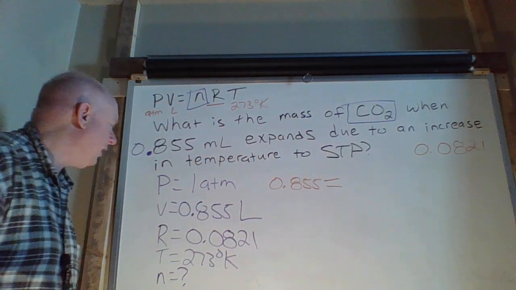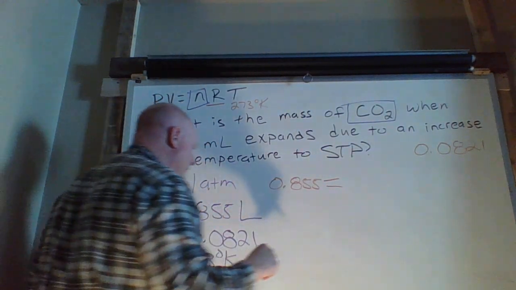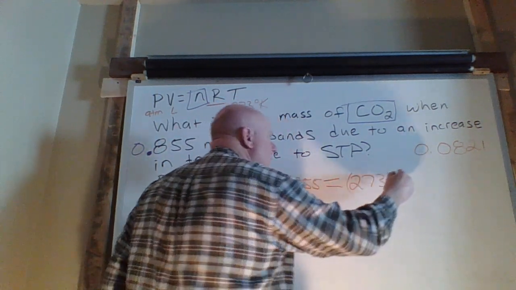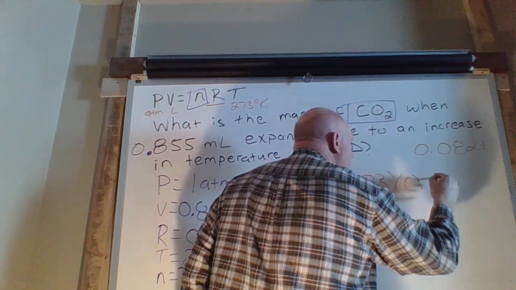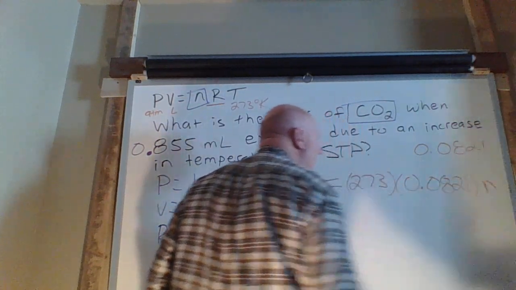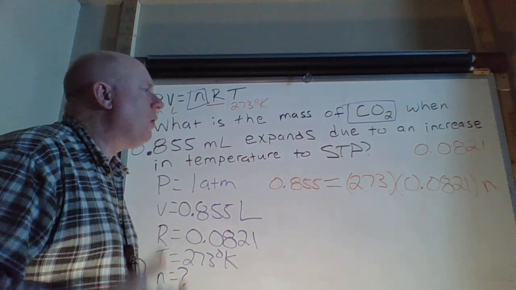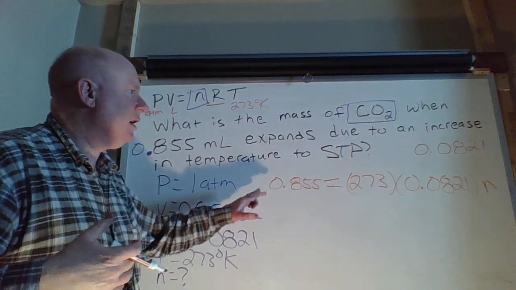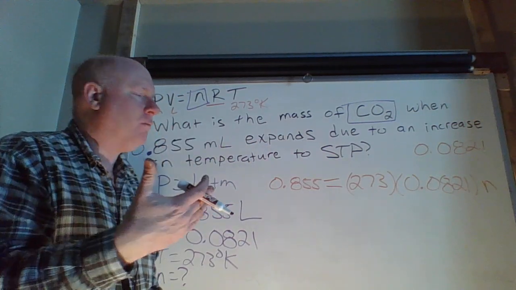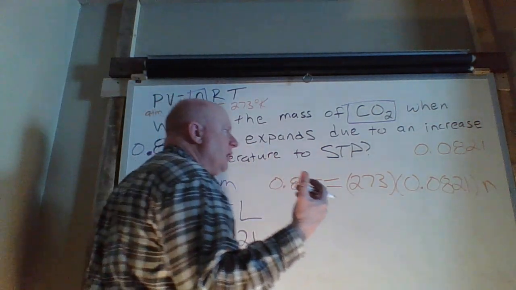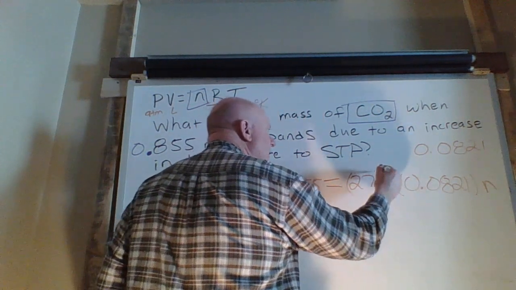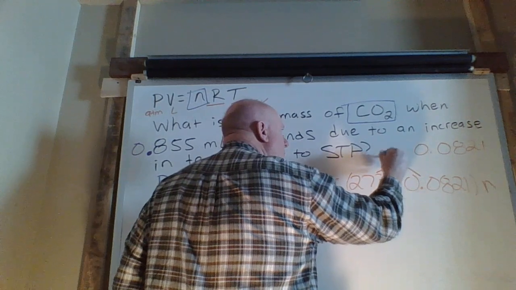0.855 equals 273 times 0.0821, and we have our N variable. Okay, so one thing to keep in mind is when you're doing these, and maybe some of you had figured this out, is that every time you have these variables next to each other,